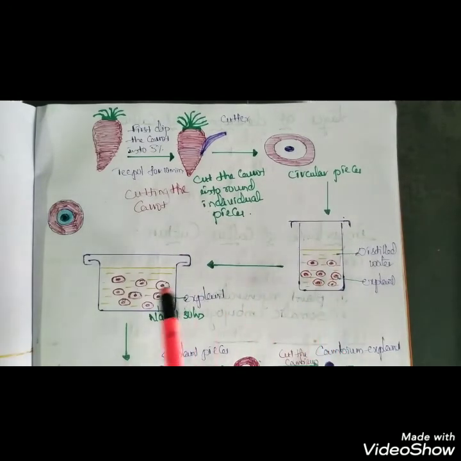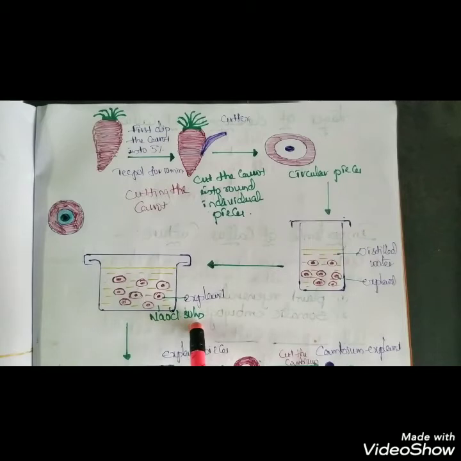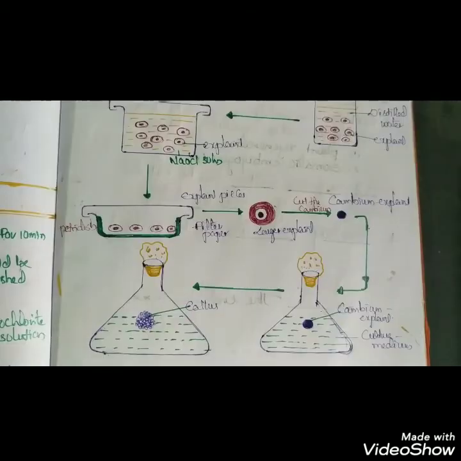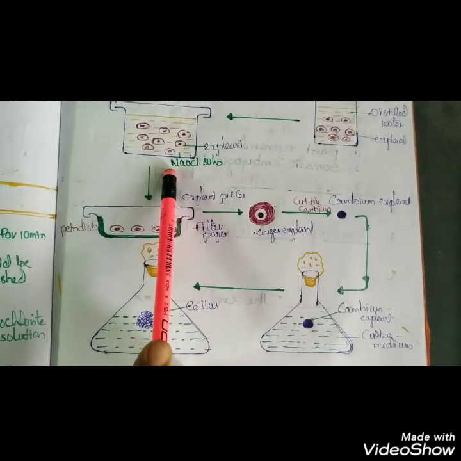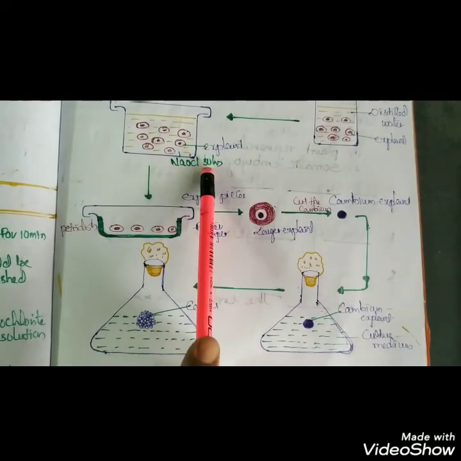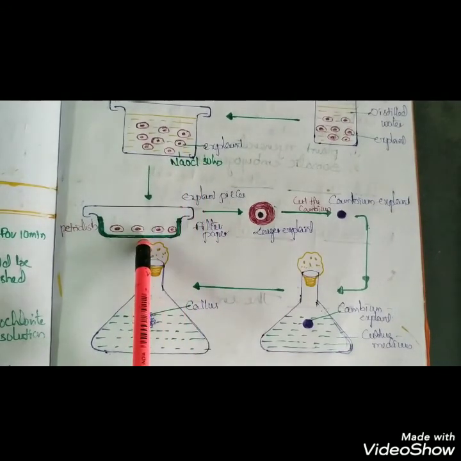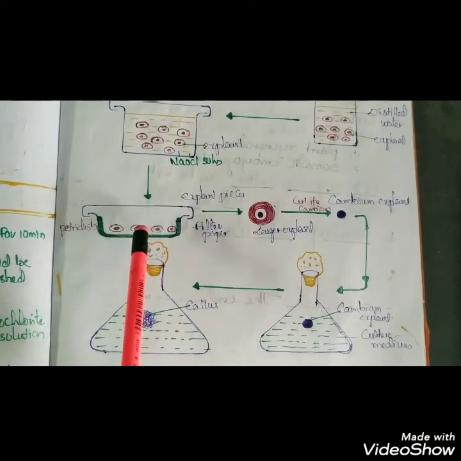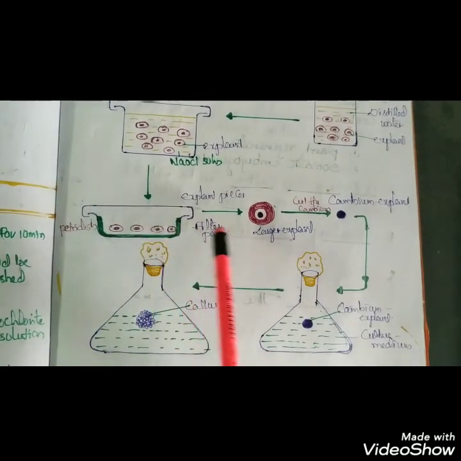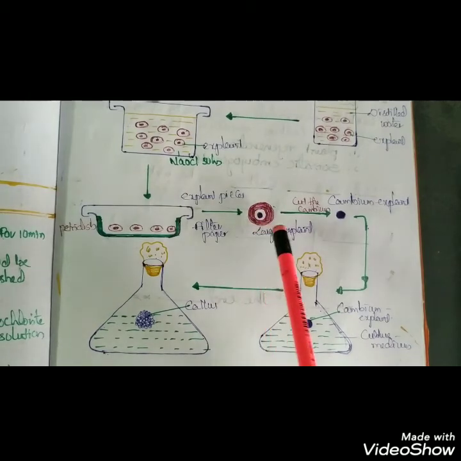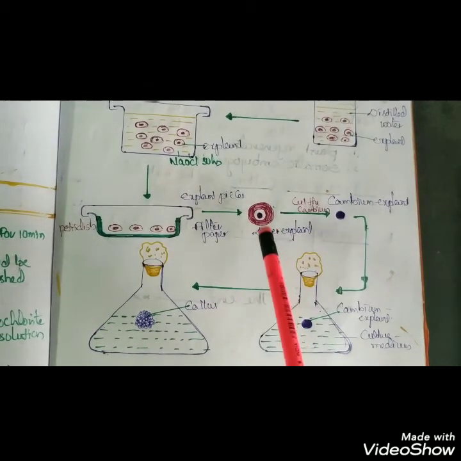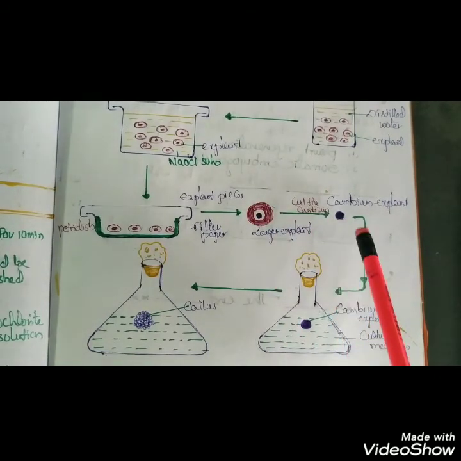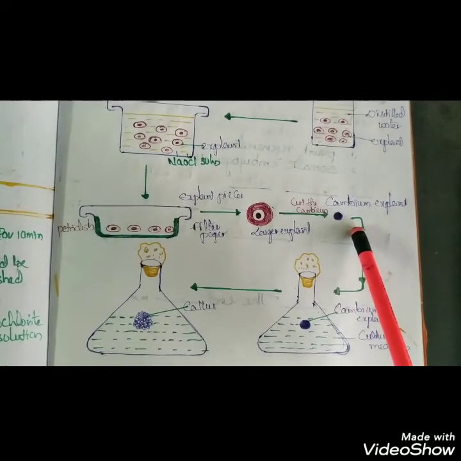From there, the explant is transferred into sodium hypochlorite solution to sterilize them properly. After washing the explant material properly in sodium hypochlorite solution, the explant material are then transferred into a petri dish containing distilled water supported with a filter paper. From this, a suitable larger explant material is collected. After that, only the cambium tissue of the explant is cut and used as explant for getting callus culture.